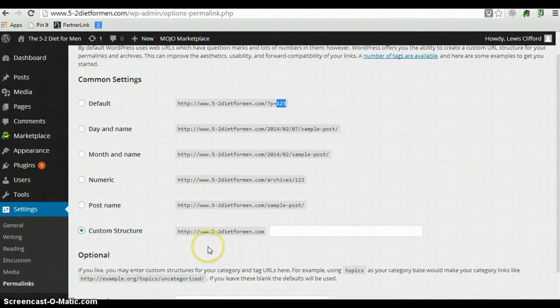My choice is to have your URL read as your main domain, and then the name of your post. So whatever your post will be, it will come up, because you'll name your post with the relevant keywords. This is all going to make sense, and I'm going to show you what you need to write in here. This is probably the most technically fiddly bit that you need to do, but don't worry about that. It's very easy to do, and once you've done it, it'll all make perfect sense. What we want to put in here,